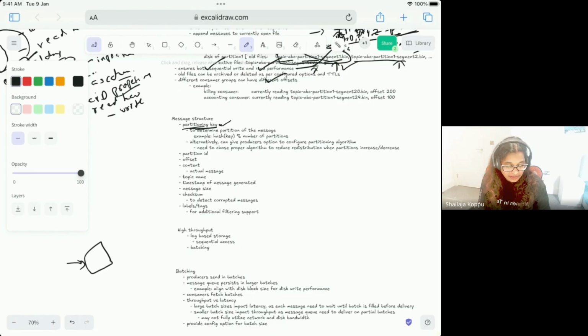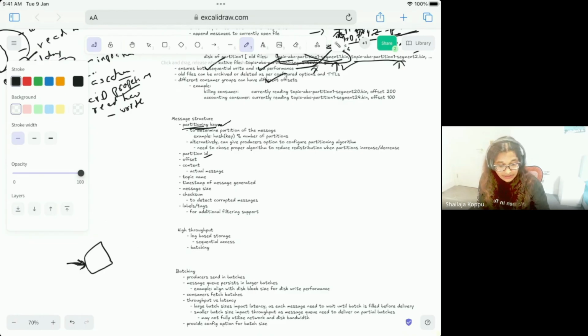The partitioning key can be provided by the end user, the producer, which the Kafka cluster or message cluster can use for partitioning messages into different partitions. That's one option. In case a partition key is not provided, they can just directly provide the partition ID as well. So here there are multiple trade-offs you may need to answer if the interviewer asks you.